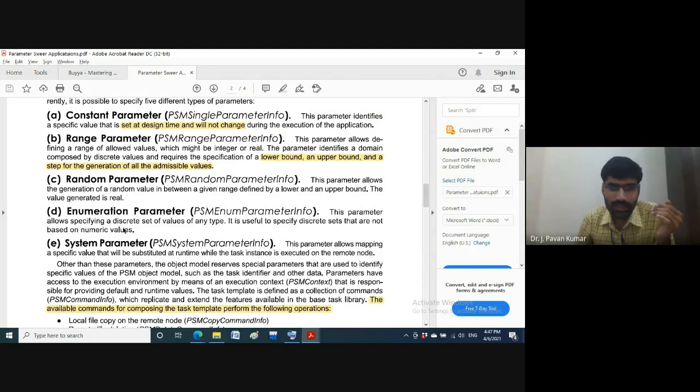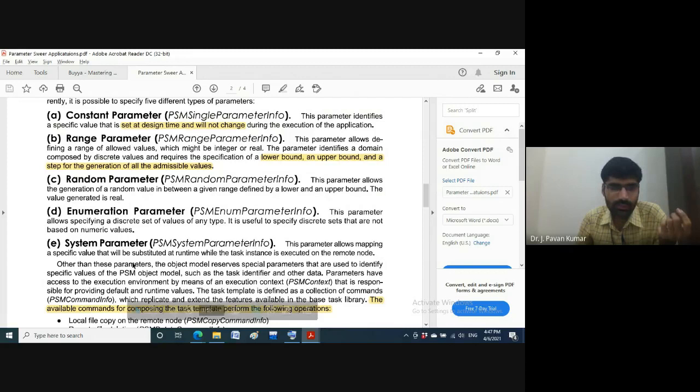This parameter allows specifying a discrete set of values of any type. Whatever the types we have, out of those we can specify a discrete set of values, and it is used to specify symbolic constants. Next, the final one is the system parameter, which is supported by the class called PSM system parameter info.